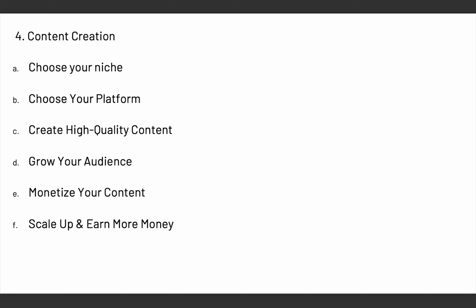And from there, you can go into other platforms and start making money on other social media platforms. And you can even create a paid group whereby you offer premium service to your paid community. So these are different ways you can scale up and earn more money with content creation. So that's the fourth way you can make active income in today's world.